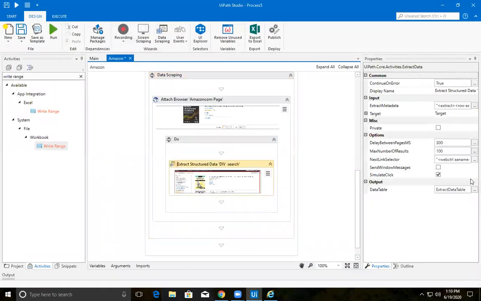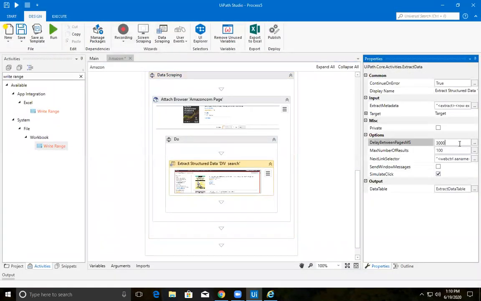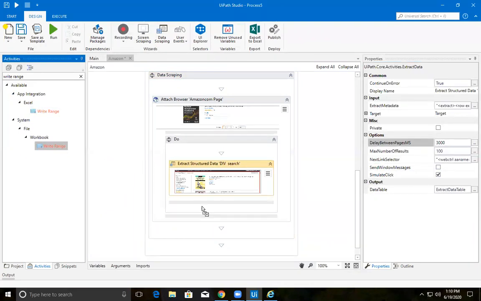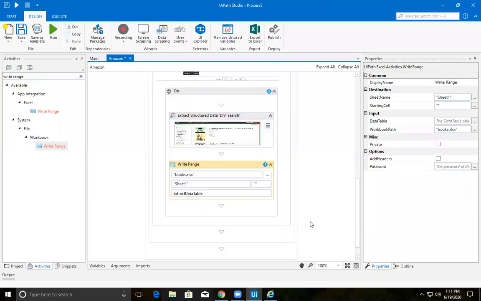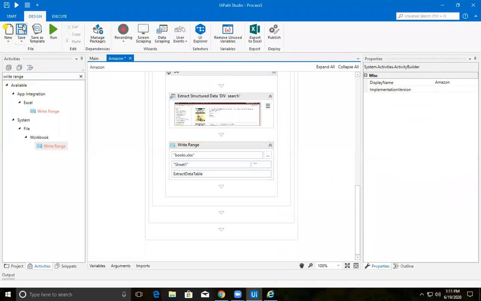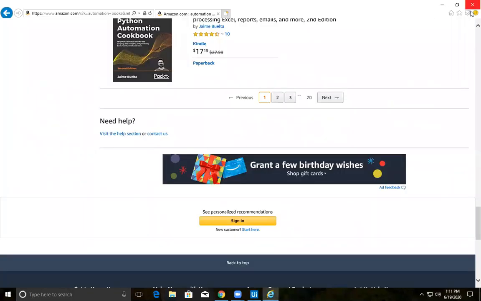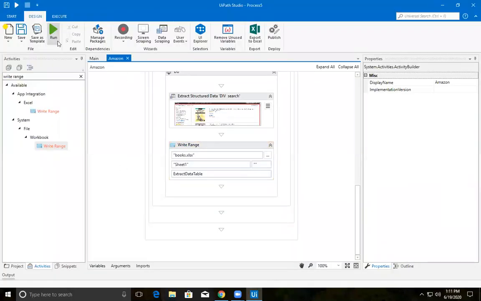Let's provide 3000 for this. Next, write the range: the XLSX file, Sheet1, provide the range as empty, and provide the data table. Let's save this, close your IE, and run.